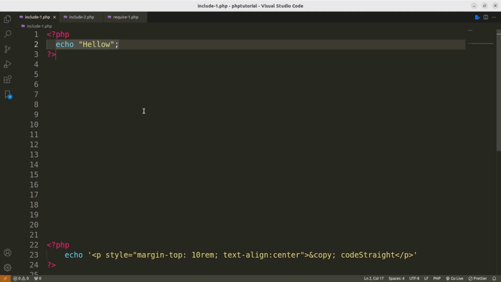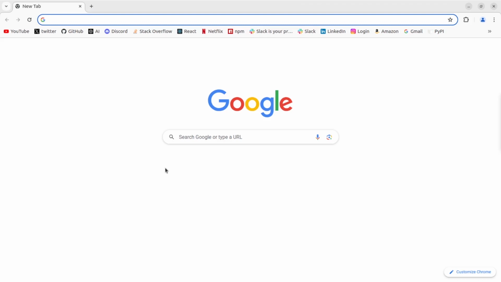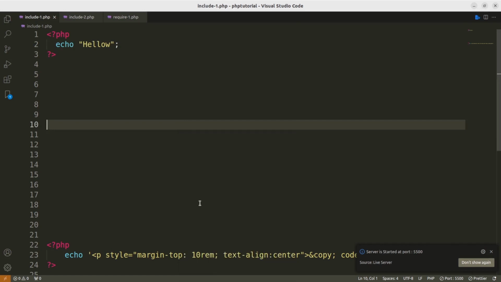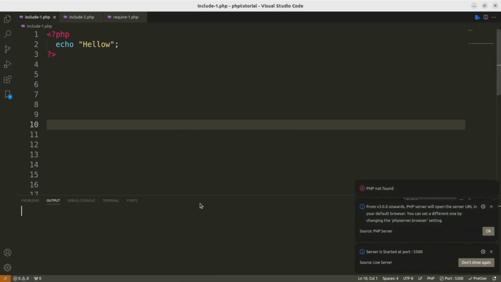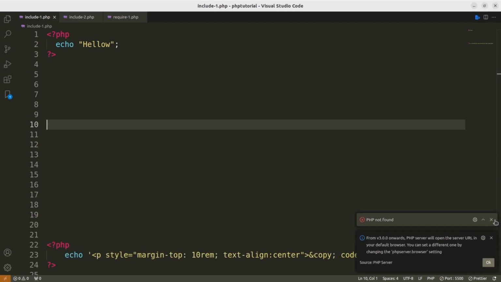And to turn the auto reload on, you need to open this file with GoLive server by clicking on this GoLive button, and it'll open this file in a new tab. Let me close that tab, get back to VS Code, right click and hit PHP server to open PHP server. Let's close the terminal and these notifications,